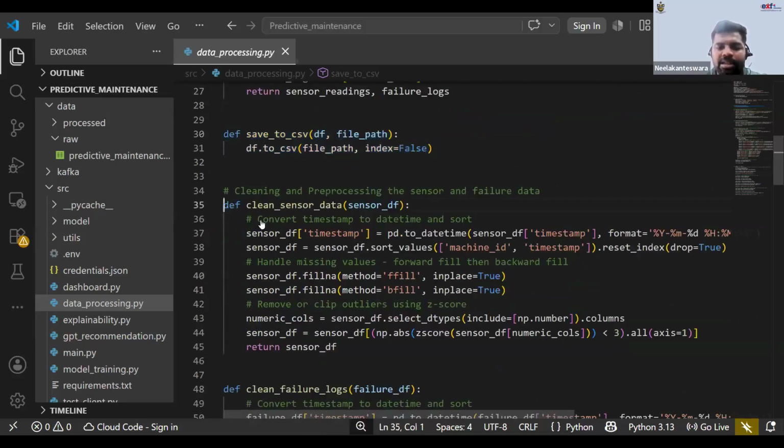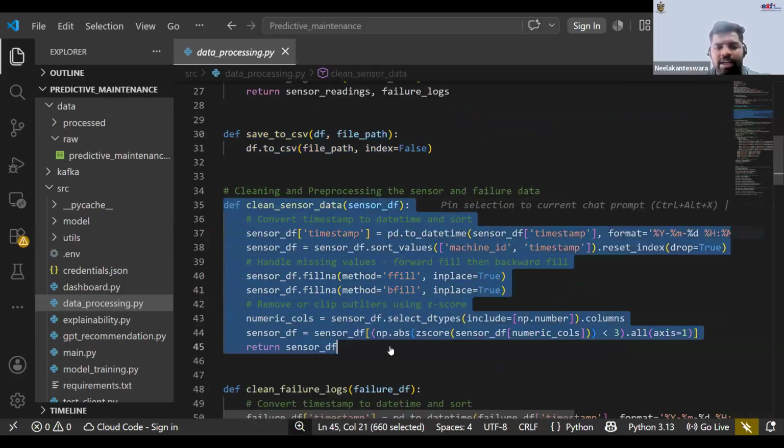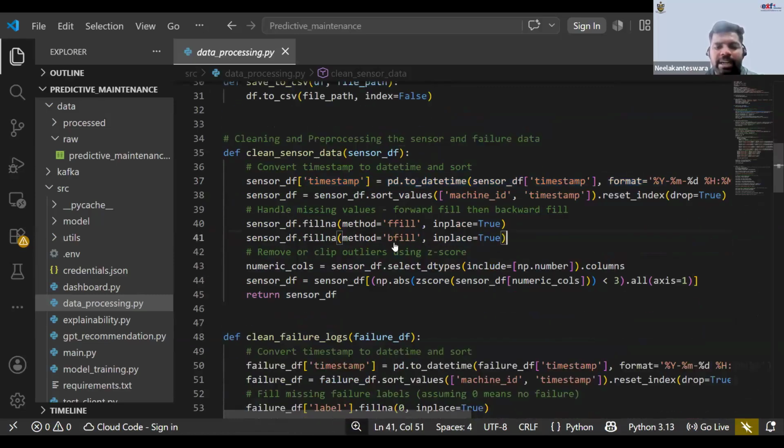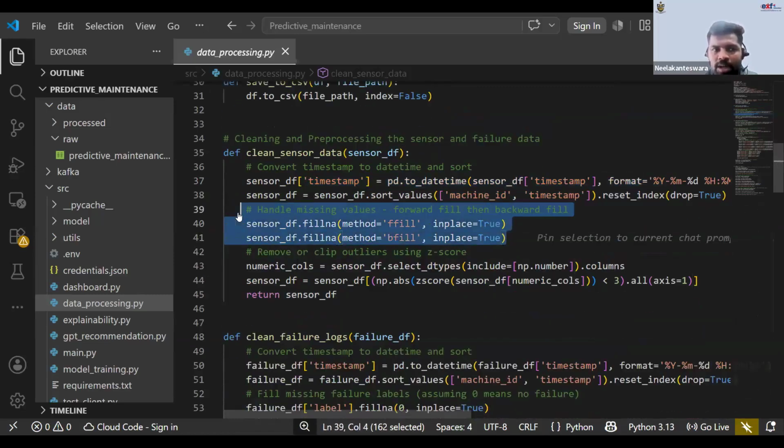And here I'm cleaning the sensor data. Here I'm finding if there are any null values, and I'm rearranging the formats of the timestamp, because raw data can come in multiple formats if you take the data from multiple sources. So I'm converting that data into a single format with the help of this. And here I'm finding if there are any null values, and if there are, I'm replacing them with some data, that is, handling the null values.